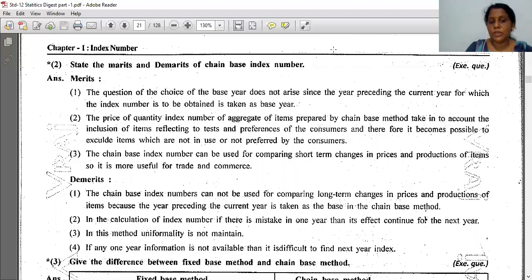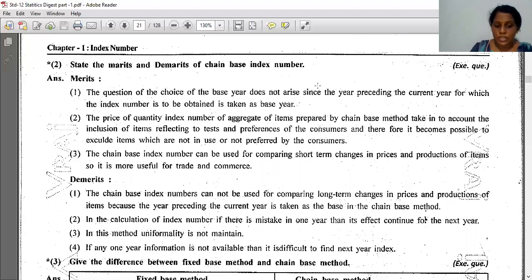That is also, we know that if from 2001 to 2010 we have to find the fixed base index number or chain base index number, full information should be there, all the numbers or all the prices should be given, otherwise we can't find that table. That table will stop there only.